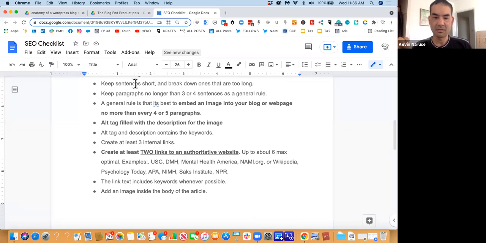Like longer sentences versus shorter sentences. All right, I'll tell you. When you're reading a sentence out loud, when do you hold your breath until? From the beginning word, usually until the period, right? You're holding your breath till you finish that sentence. And the longer the sentence, the longer you have to hold your breath.